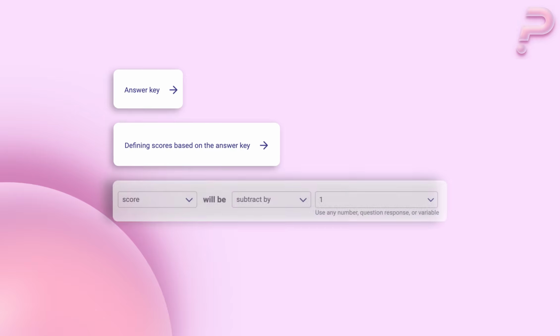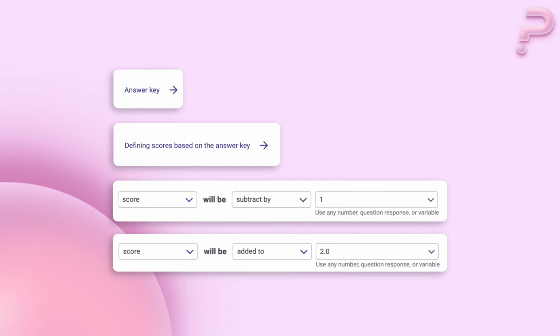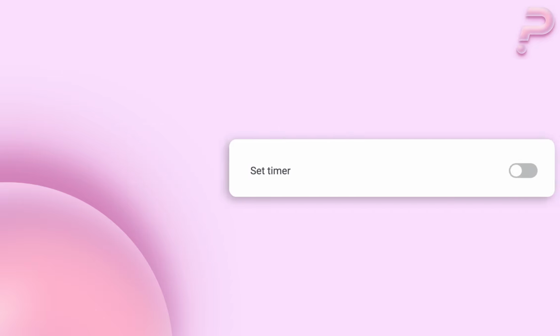In this video, we'll walk you through how to build a complete online exam using Porsline. You'll learn how to randomize the order of questions and options, set correct answers and scoring rules, calculate final scores automatically, set time limits for the entire test or individual questions, show final scores to respondents, display different end messages